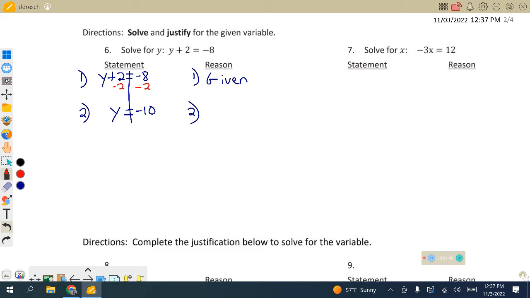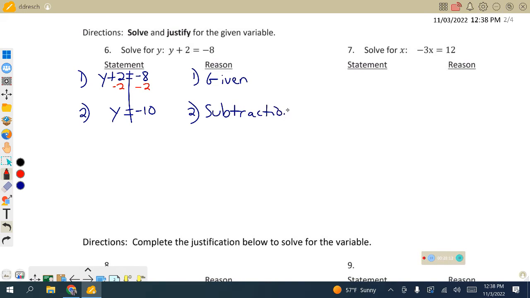Look at your work. What inverse operation did you say to use? You said minus 2, right? Subtract 2. So that reason, we're going to write that out. Do not say, though, minus 2. You don't want to be specific. We want to go general. So when you say minus 2, what you're using is what we call the